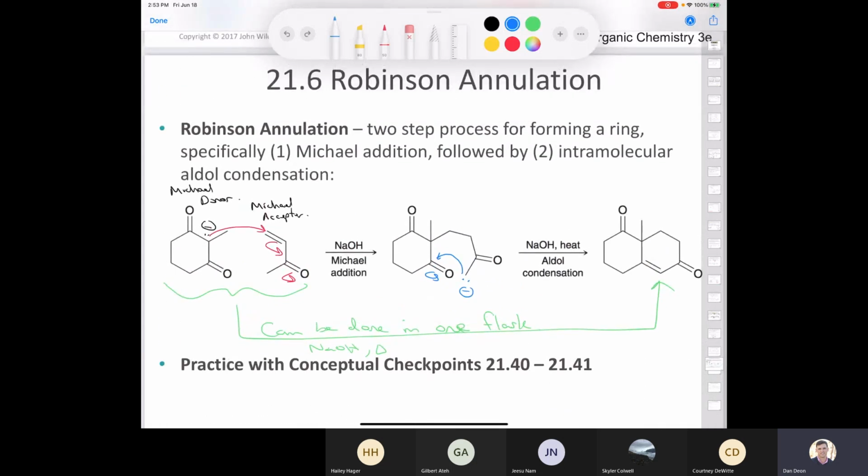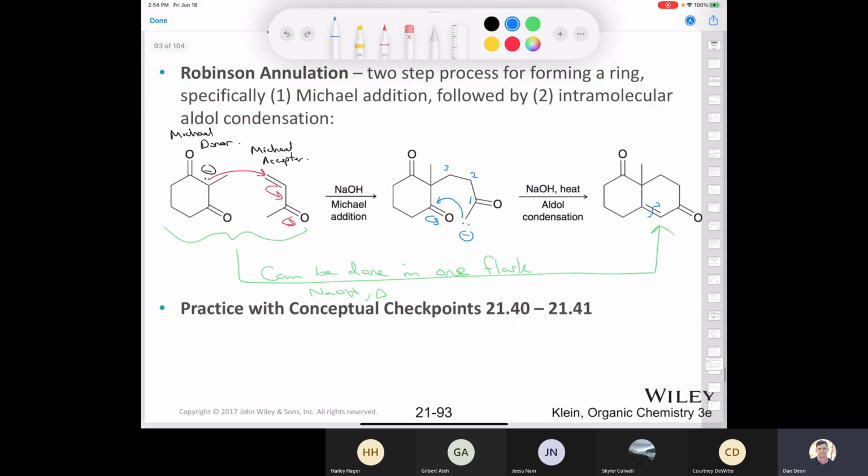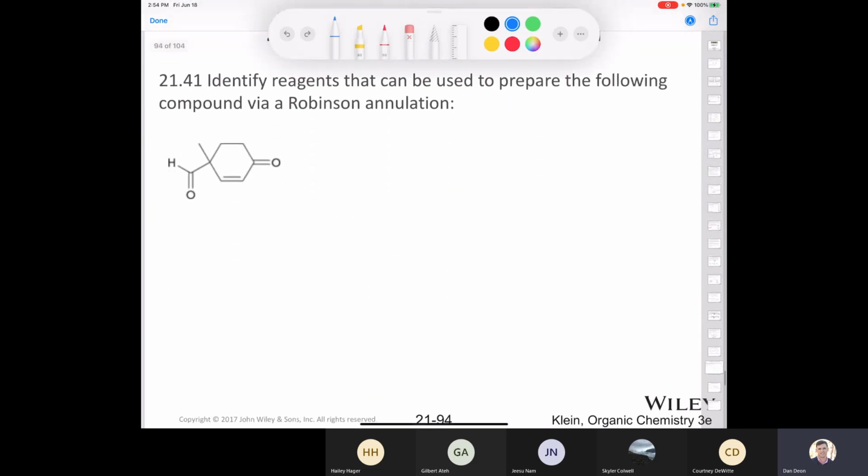Because if you look at the alpha beta unsaturated carbonyl, if you break that, then you could get back to this part right here. And then you could do a second retrosynthesis, right? Because you have your carbonyl, you have 1, 2, 3, and then after the third carbon, you break this bond. So that might be a good way to do the retrosynthesis. So if we break this bond like that, what would that give us? What would our